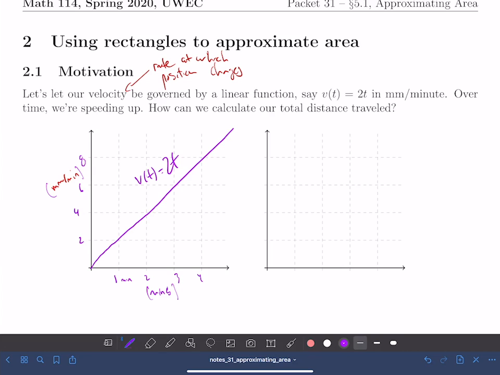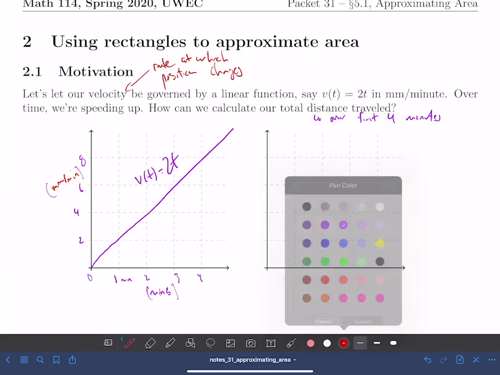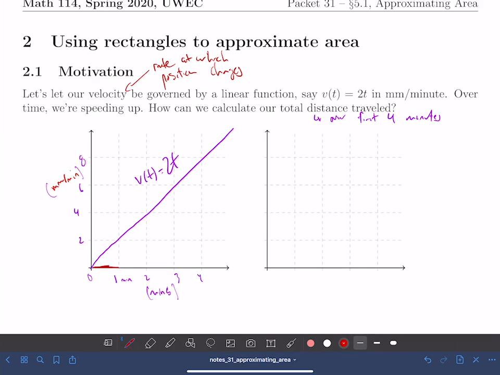Okay, so what I want to do is calculate our total distance traveled over, say, the first 1, 2, 3, 4 minutes of our travel. So let's estimate the total distance traveled over the first 4 minutes. Well, dealing with curvy things is generally difficult, and so what I'm going to do, and this is what a variety of our devices do in the real world, is say, let's pretend I moved at constant rate